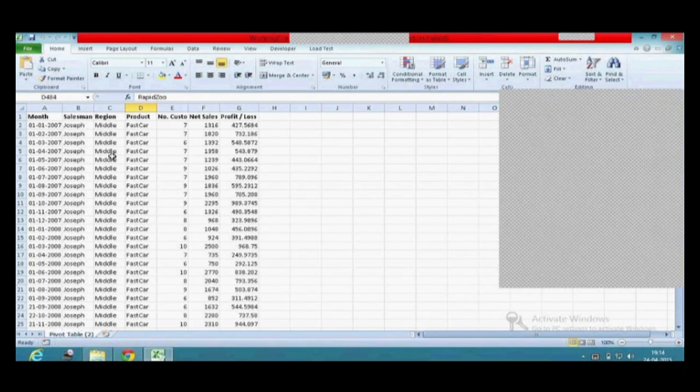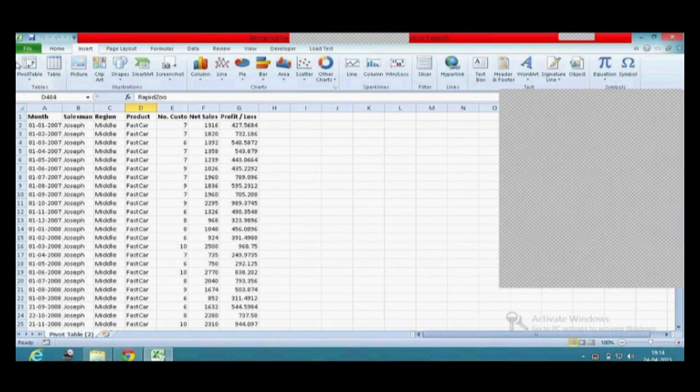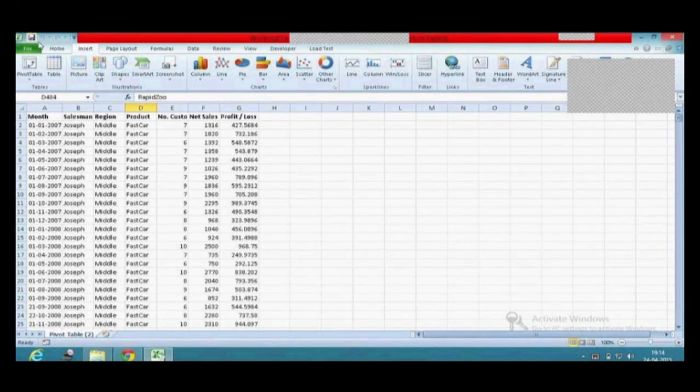My first step to create a pivot table is to go to the Insert tab. For people who are new to Excel, in case we have any, these are called tabs, and this area is called the ribbon. Now I'm going to use the Insert tab. In that, my first option is pivot table.